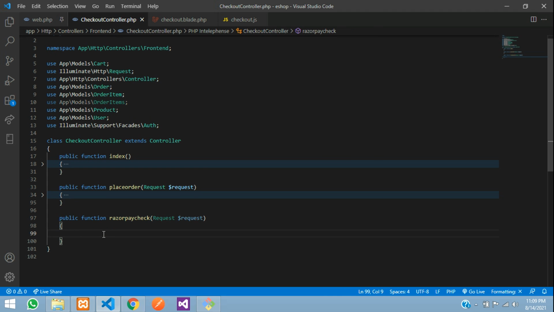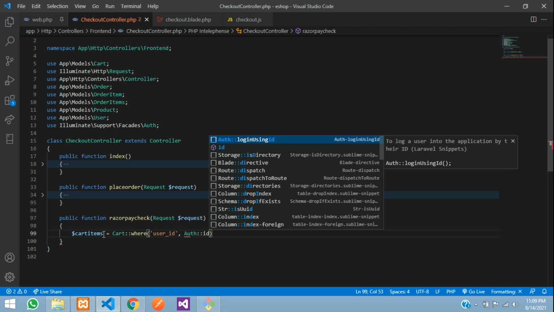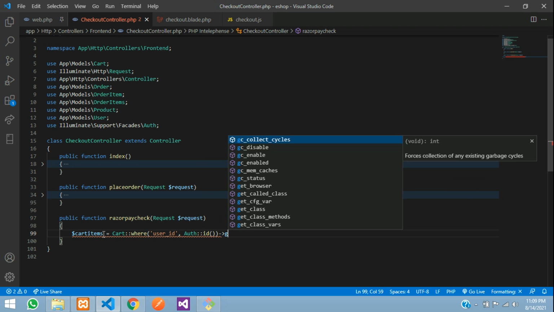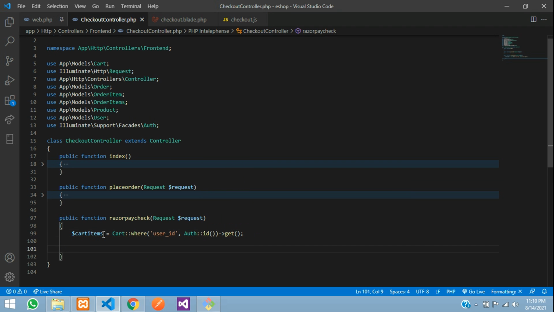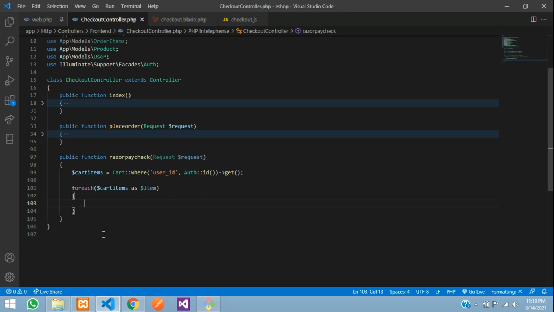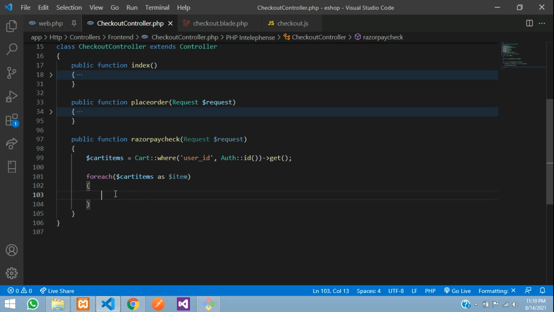and here we will be looping through the cart items equal to cart, where the user_id is equal to the authenticated user's ID, and I'm going to give the get function for each, and the cart items, copy that and paste as $item. I'll just zoom in, and here I'm going to say